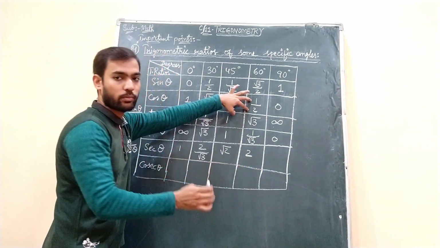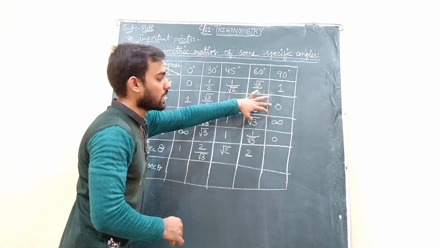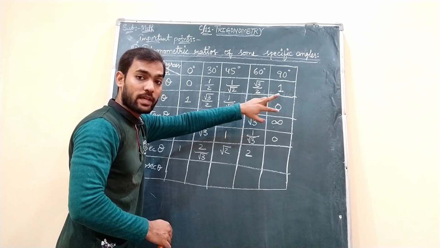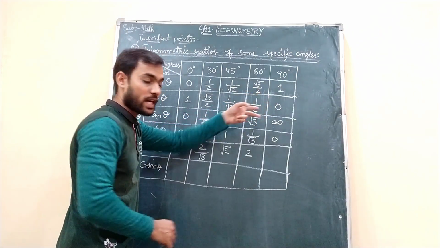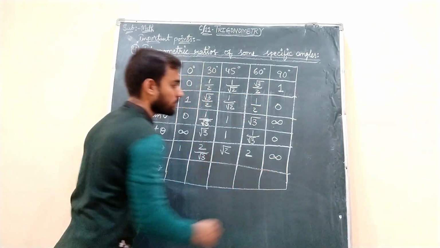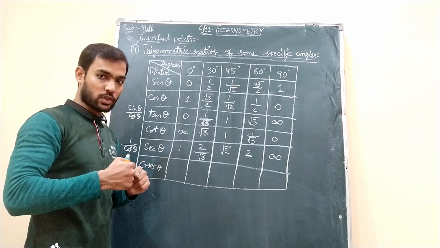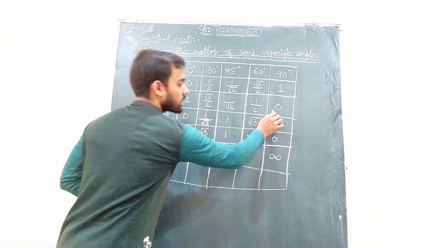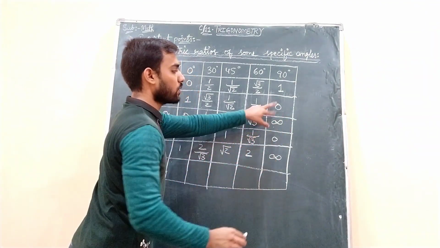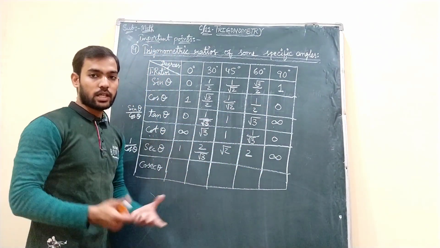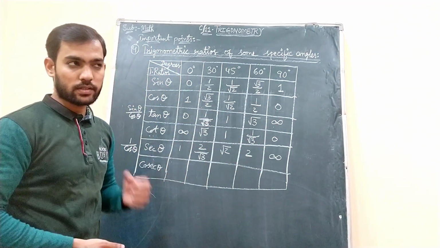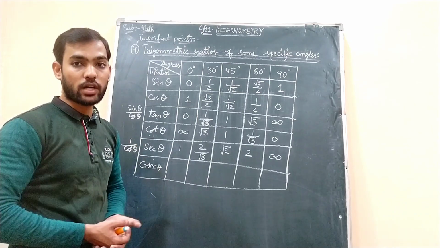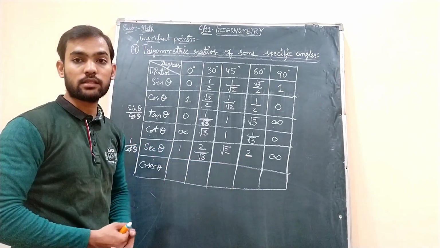I am writing only 2 because the denominator 1 I am ignoring. Reciprocal of 0 will become 1 by 0, right? Which is not defined. Okay? When you do the reciprocal of 0, you will get 1 by 0 because if there is nothing in the denominator, 1 will be there. So 1 by 0 is not defined again here. We have learned in 8th grade that 0 does not have its reciprocal. So that is the reason it is not defined.